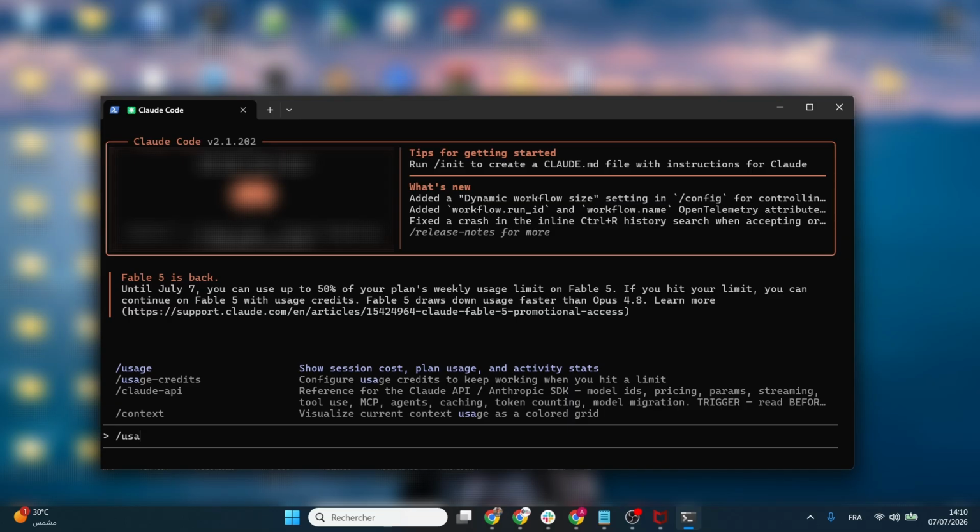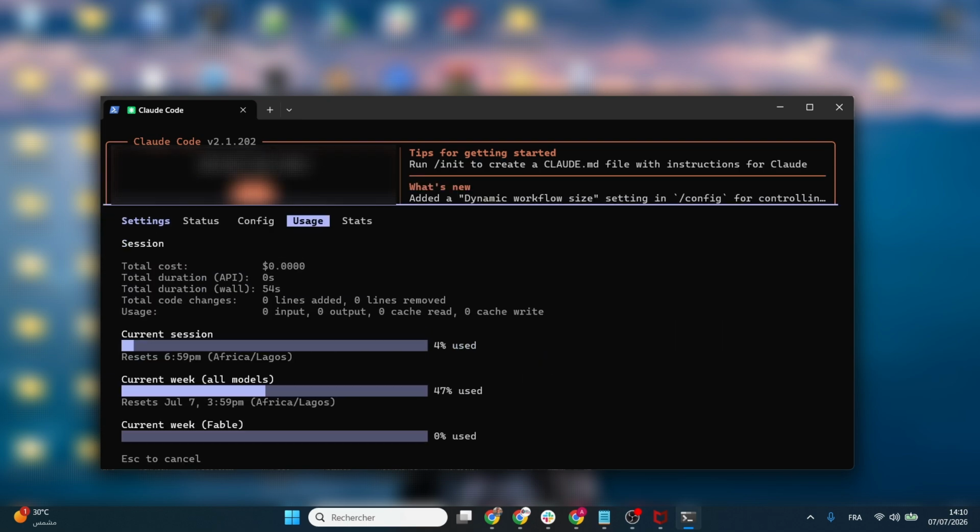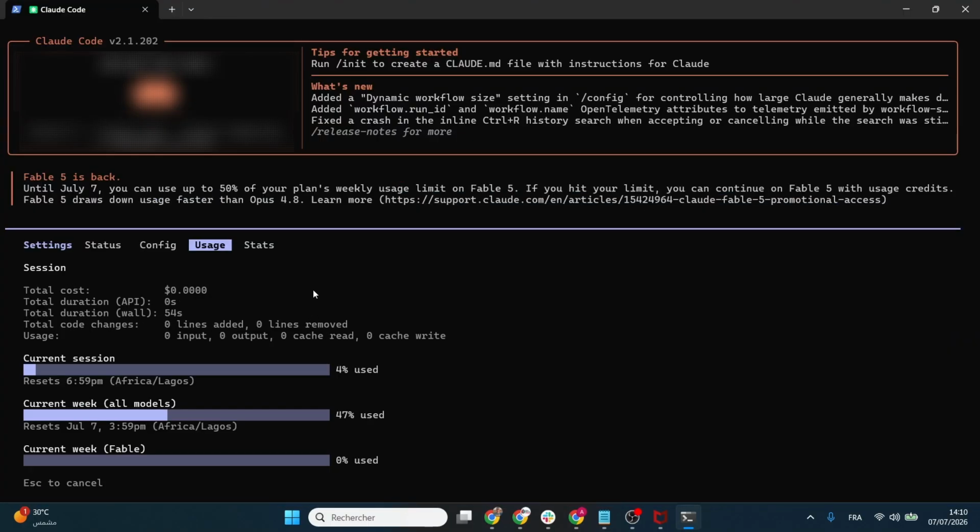/usage, then press Enter. This command will show you information such as your current session usage, plan usage, and activity statistics. Depending on your account, you'll also be able to see details like your total usage, session duration, lines of code added or changed, and the models you've been using. If you're using the Pro or Max plan, you'll also see your remaining plan usage and progress toward your usage